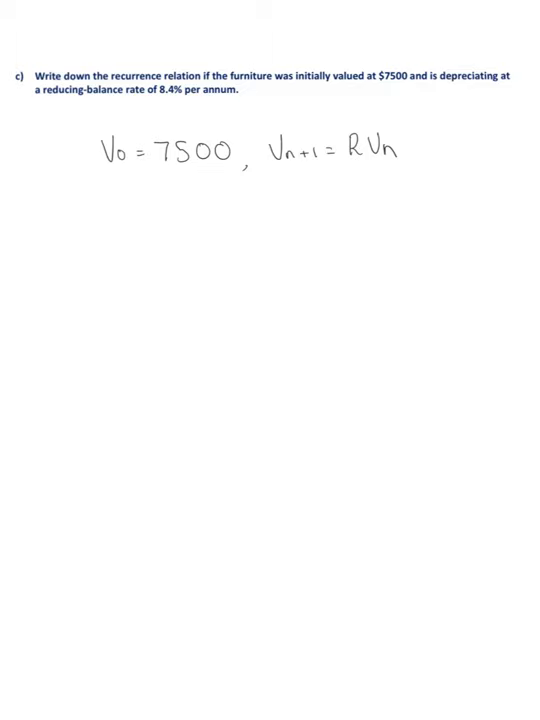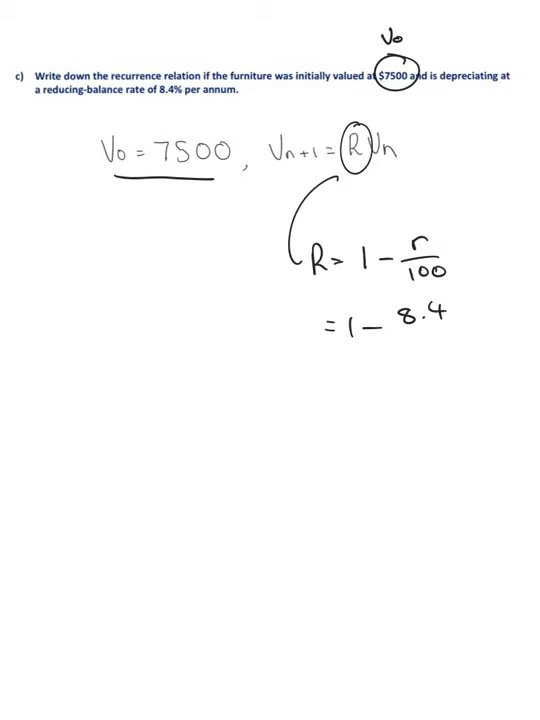Changing it up a bit, write down the recurrence relation if the furniture was initially valued at 7,500, that's V0, and is depreciating at a reducing balance rate of 8.4% per annum. We know V0 is going to be equal to 7,500, and our rule is going to be Vn plus 1 equals R times Vn. So we need to find R. Remember, for reducing balance depreciation, R is equal to 1 minus R over 100, where R is our rate, so 1 minus 8.4 over 100